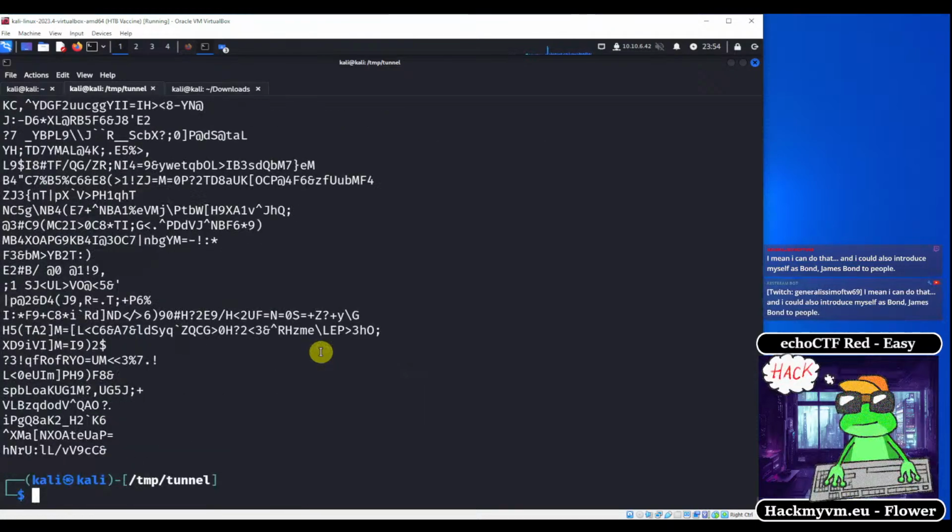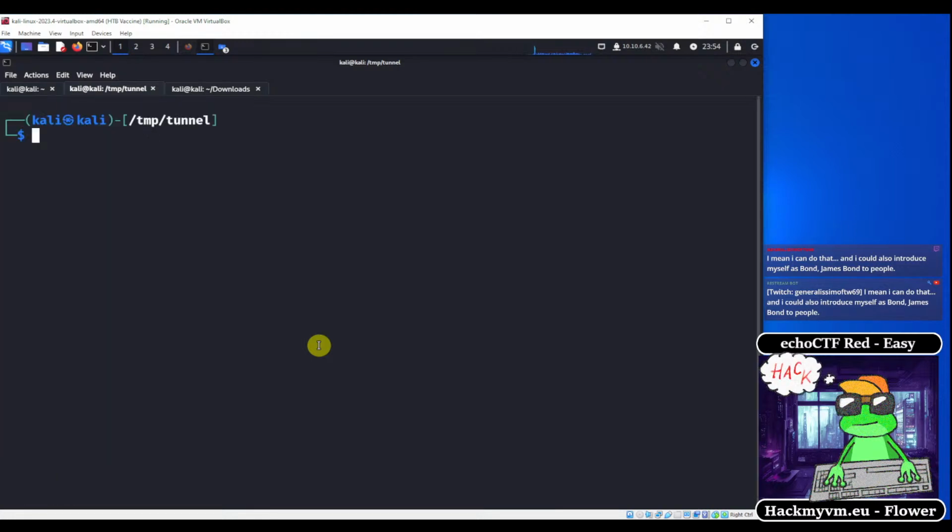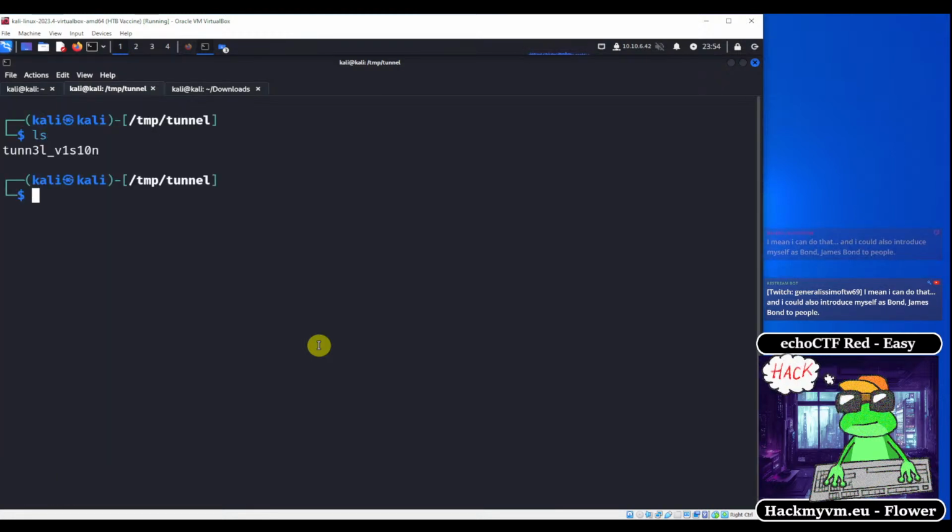Yeah, let's see. I mean, I can do that, and I can also introduce myself as James Bond to people. That's true. I mean, you sound like you love steganography as much as I do, as in not very much. But